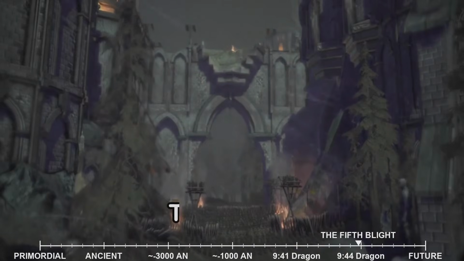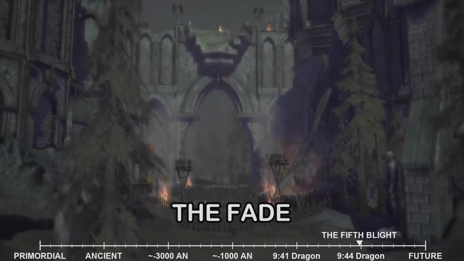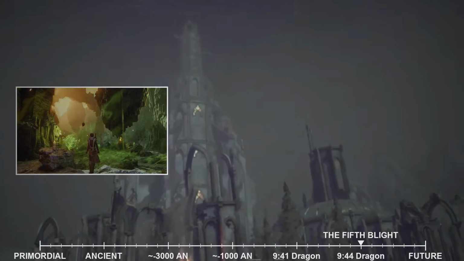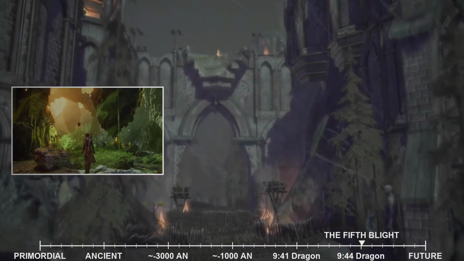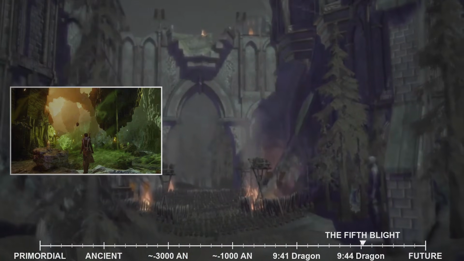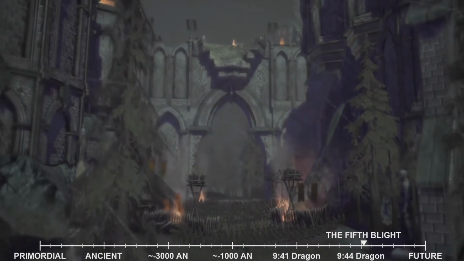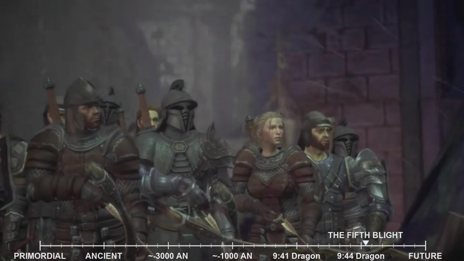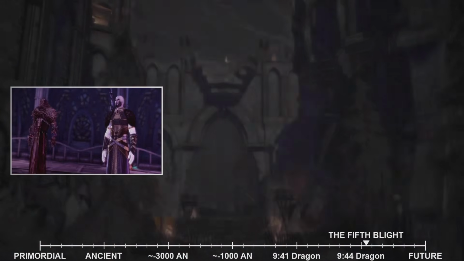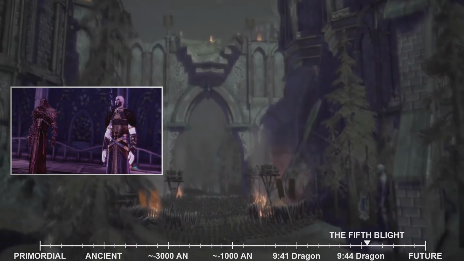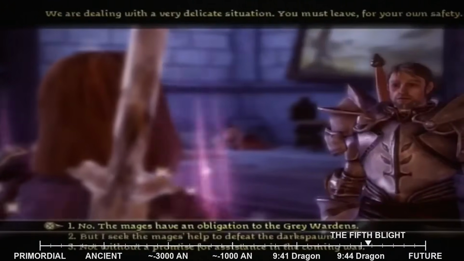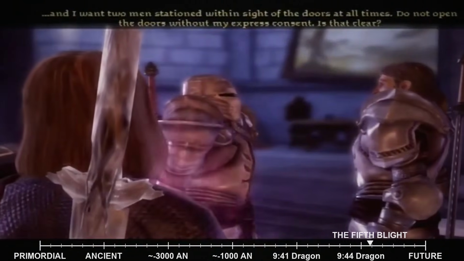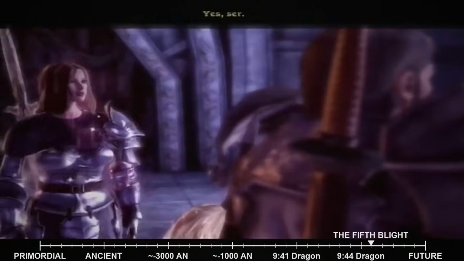You ventured into the Fade itself, a dreamlike dimension where your mental strength and resolve were put to the ultimate test. Within the Fade, you confronted your own fears and vulnerabilities, and battled powerful demons that sought to corrupt your mind. Your actions within the Fade were crucial, as they directly impacted the stability of the tower and the sanity of its inhabitants. Ultimately, you confronted Uldred, the demon responsible for the infestation, and, through courage and tactical prowess, defeated him. Your success in cleansing the Circle Tower of its demonic influence not only saved the mages and Templars, but also earned you their gratitude and, most importantly, their allegiance.